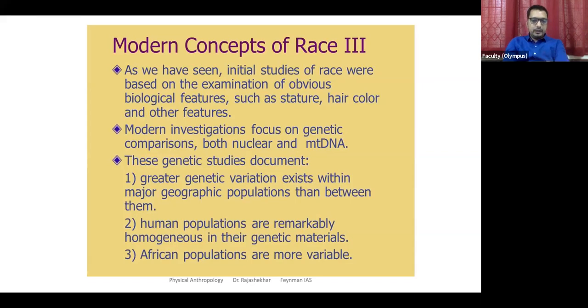We noticed that genetic studies have revealed that we probably have more differences within a group living in a geographical region, as opposed to the differences that we perceive between groups. So there are enough differences among Indians, among Africans, among other groups like Americans. If you really calculate, differences seem to be more at the group level than between what we consider as races. I'll explain that bit later.